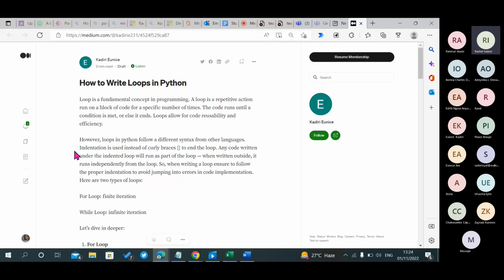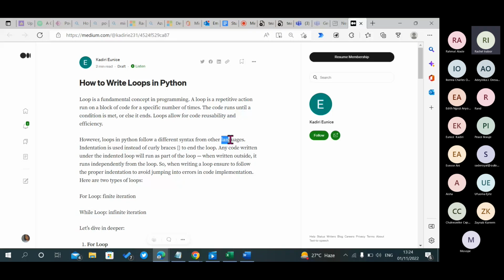Then, going forward: loops in Python follow a different syntax from other languages. What languages? There's no example to tell me that this is a programming language.